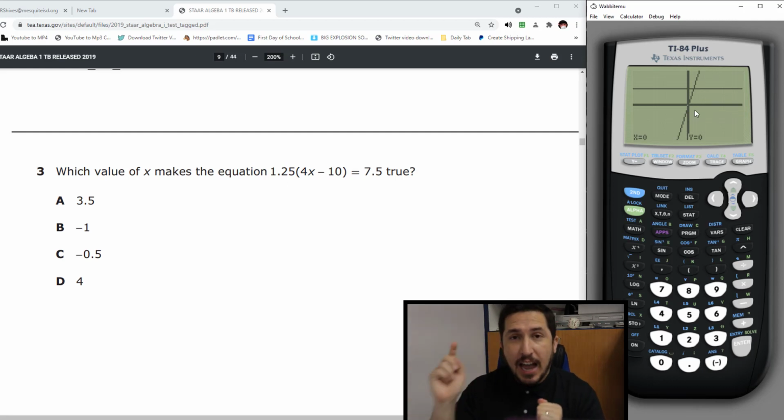So now that you see the other line, you have to ask, do you see them intersecting? Yes, I do. Because if you don't see them intersecting, and you ask your calculator to tell you where they intersect, it can say, bro, they're not even touching here. It's going to say no sign change, and that means something special. So you don't want it to give you that false answer.